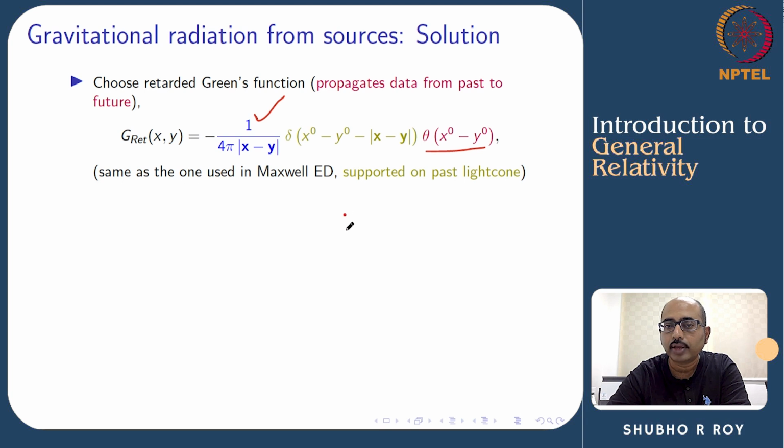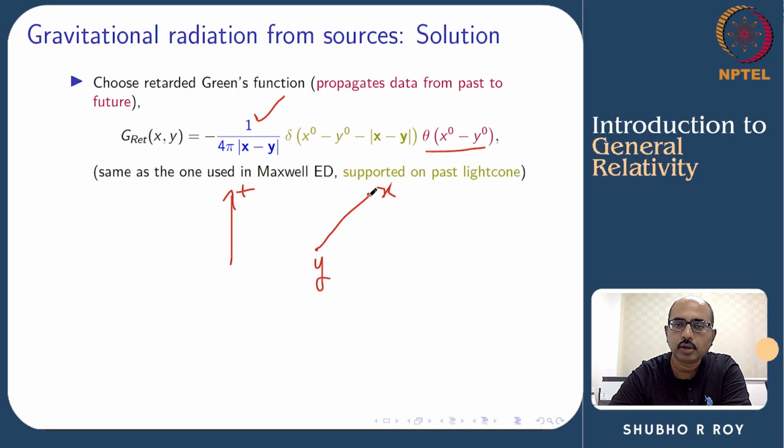So x is the point at which we're observing, or the field point, and y is where the source is located. So it is telling you the time at which we are making the observation. Sorry, not here. Let me just show it. We're observing the field point and the source is somewhere here. Now if the vertical direction is the time direction, then x0 is greater than y0, meaning the signal coming out of the source is located in the path of